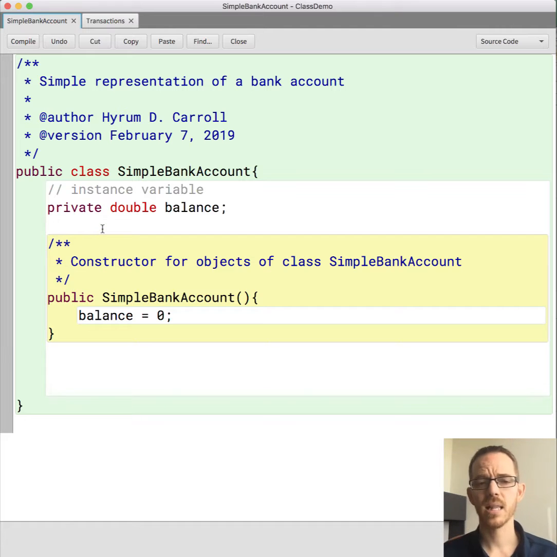Now with a class, we need to have a constructor if we need to initialize something. So here we're initializing balance. Notice we're not declaring the variable; we're using our instance variable that's already been declared, inside this method. The constructor has a couple special things about it that we'll talk about in another video, but just know that it initializes our instance variables, and it's called when a new object is created.